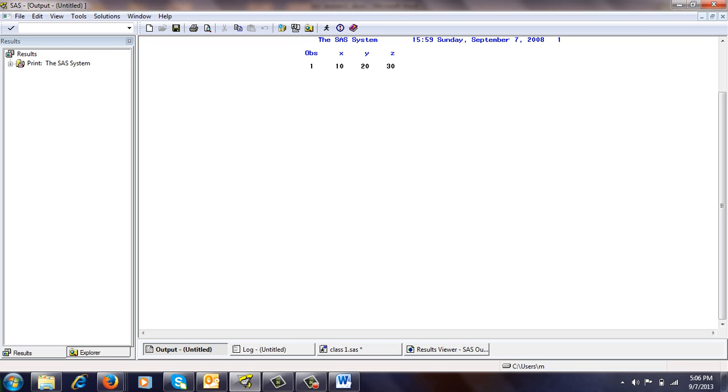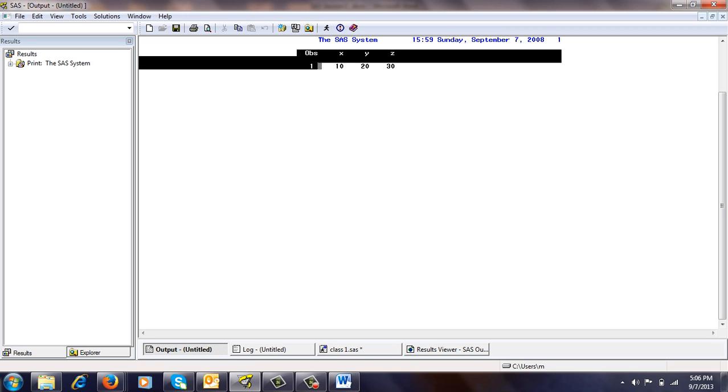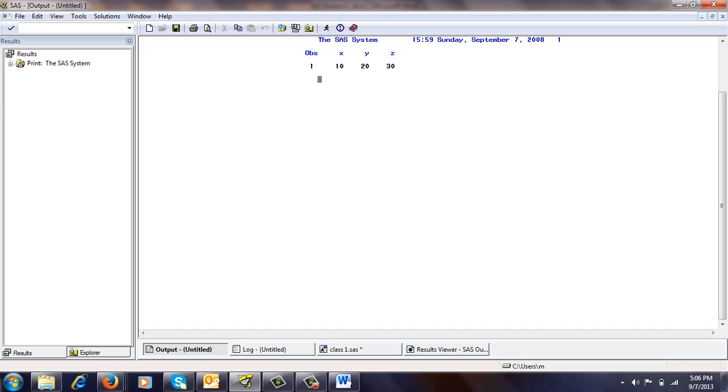The first column is obvious, it comes by default, which indicates the observation number. While counting the number of variables, we exclude this first column. Our variables here are x, y and z, and we have only one observation.